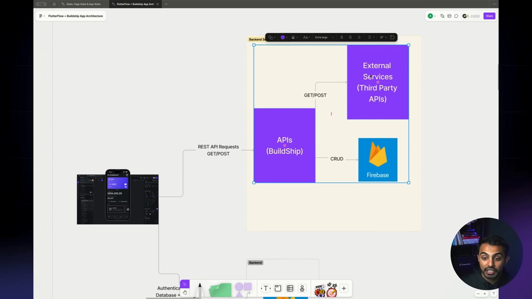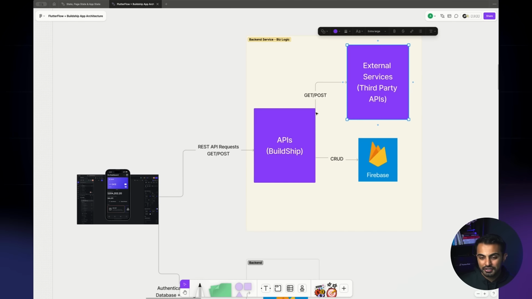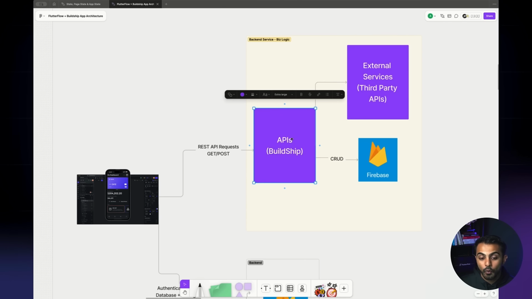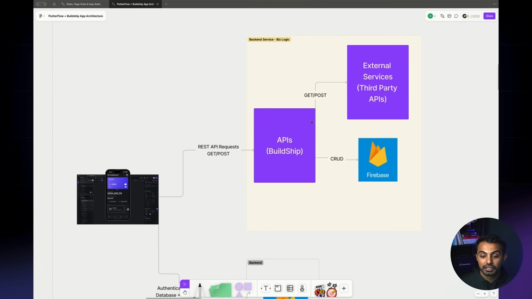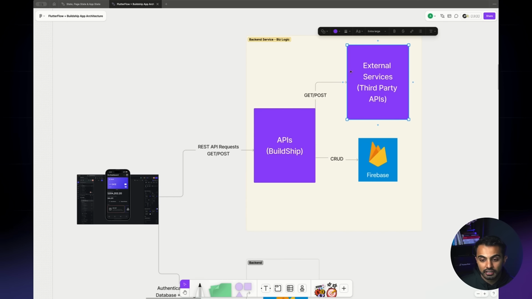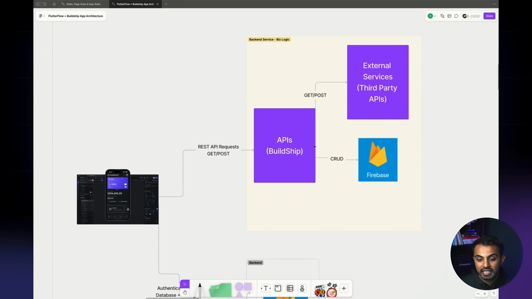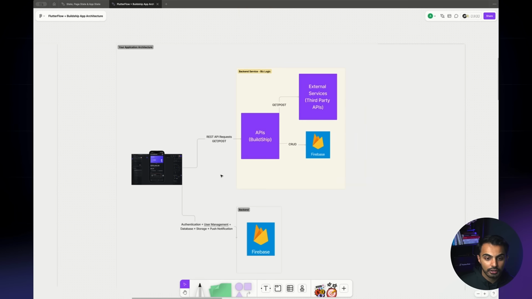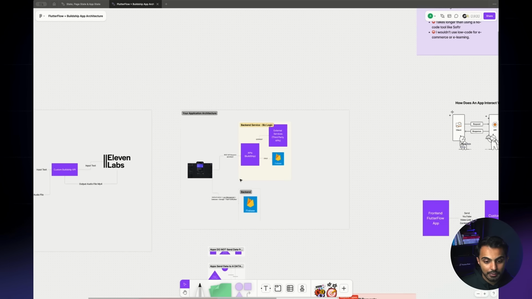Your APIs will then call another API. And I know it sounds complicated, but it's really not. You have one main API that's your connection point, and that connection point is what's talking to all the other data sources, handling that information and sending it back to your front end. It's actually quite an easy pattern to understand as you start building yourself. So notice here, I can connect external services or third-party APIs, and I can read and write data to my database from the custom APIs that we build in BuildShip. So from a high-level standpoint, this is our application architecture.